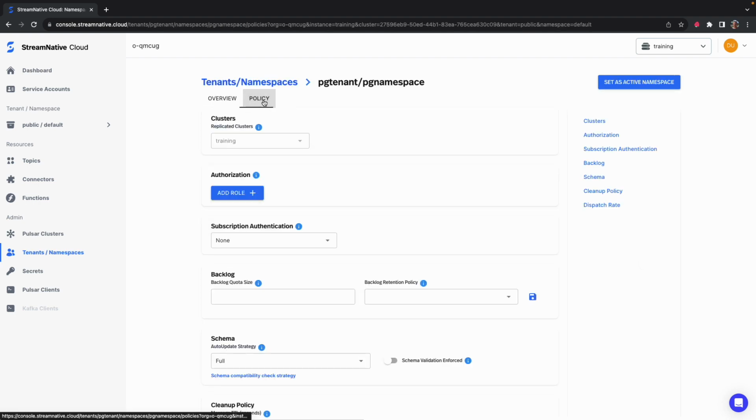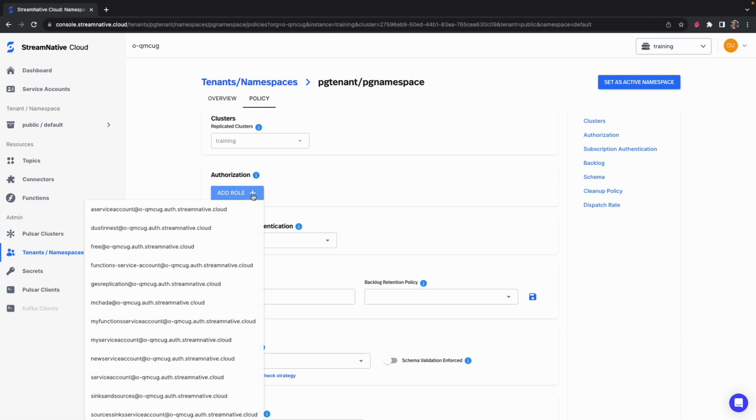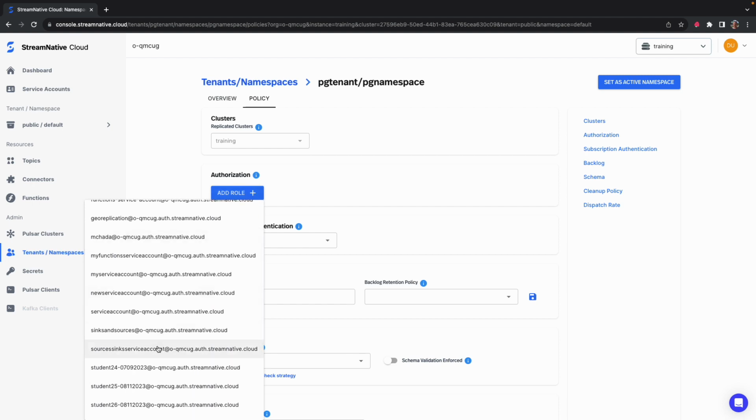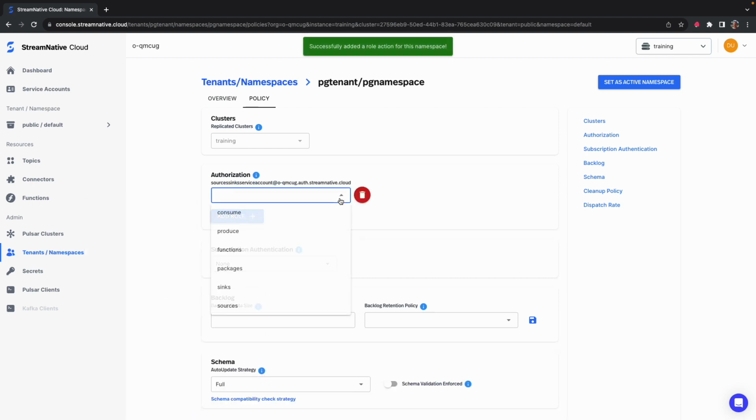And under policy, I'm going to add a role, and that will be for our sources and sinks service account. I'm going to give it permissions produce and sources. The ability to add packages, sinks, and sources was recently added to the UI. So if you don't see those three here, you're going to have to use another application called pulsarctl to add